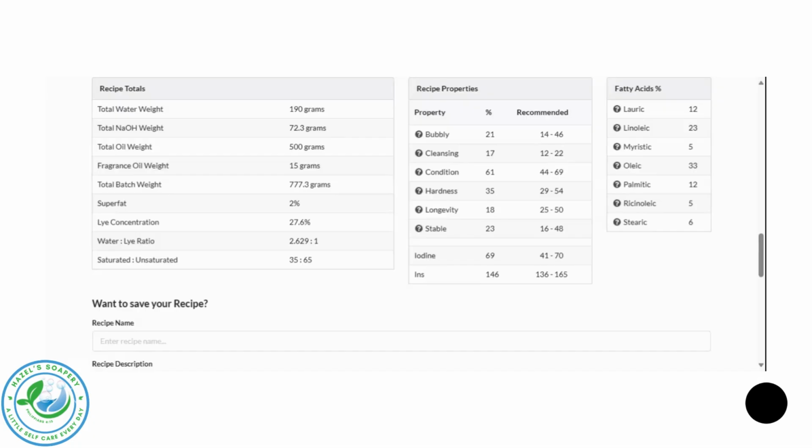Okay, so now we have our recipe oils in here. We're going to go over to our percentages. 5% castor oil. This is going to really help support the bubbles and give you a nice bar. You're going to use 25% coconut oil. You don't want to be too heavy on the coconut oil because it can be drying. Your Crisco is going to help your bar nice and hard with some great lather at 35%,